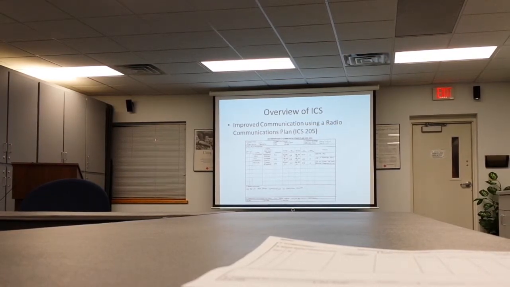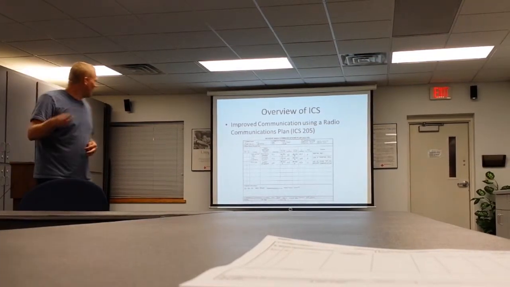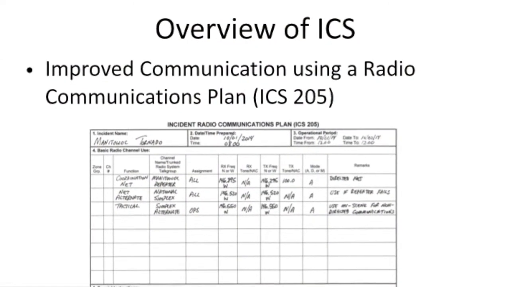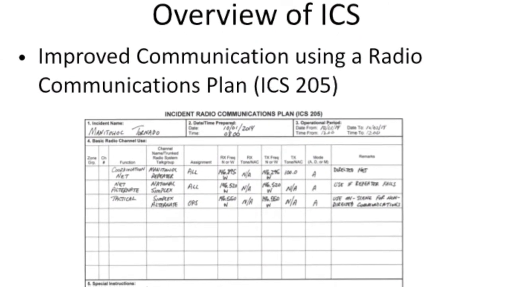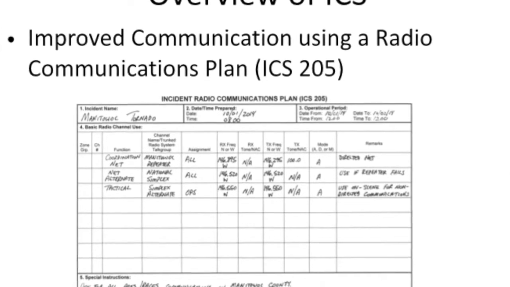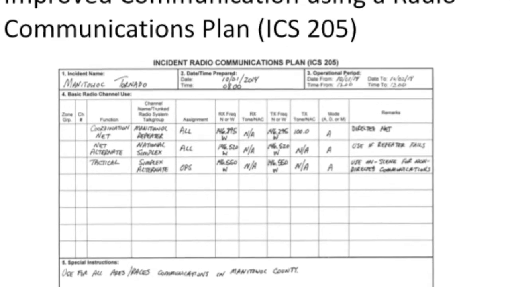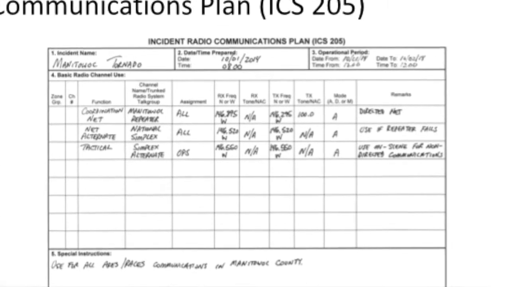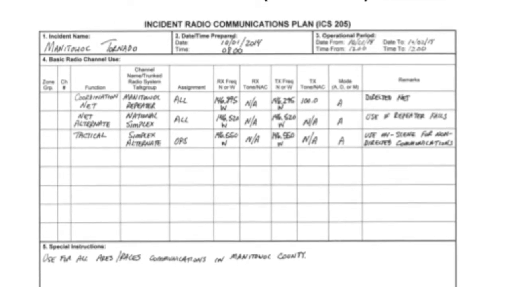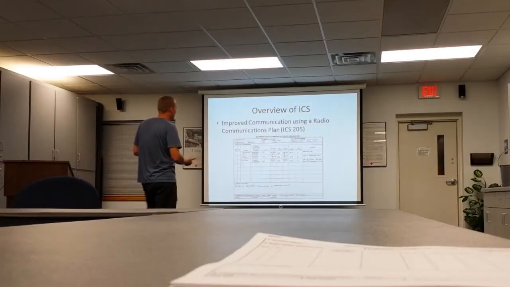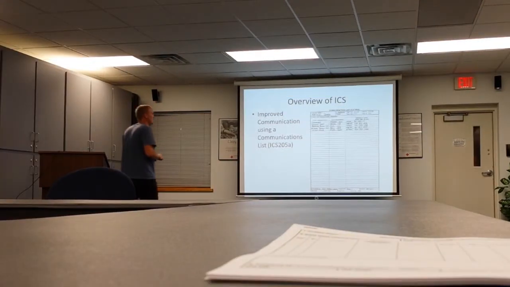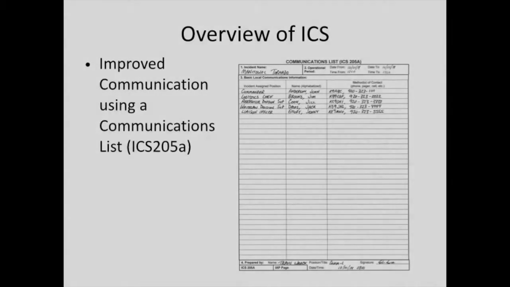So everybody has an awareness and an understanding that if I need this or I need that, this is the frequency I am to use. If that frequency goes down, this is the frequency that is to be the backup. Because guess what? When the radio goes down, you can't all collaborate to make the backup up, right? You've got to know that in advance. And that's what the ICS 205 is designed to do. Everybody should get a copy of the ICS 205A, which is called a communications list. The 205A is where we might do things like, I can copy that too for you.